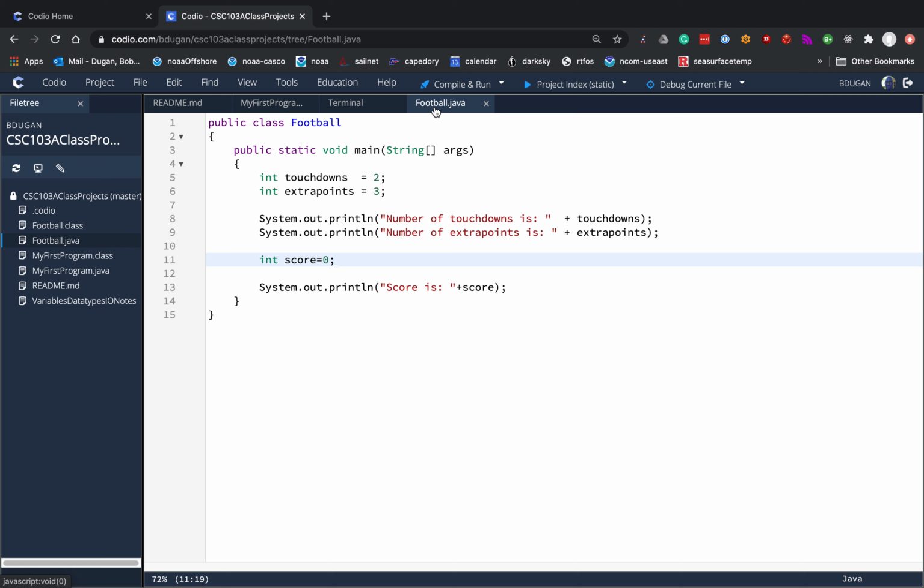All right, so why don't we actually compute the value of score correctly? If you were going to compute the score in a football game, and I told you every touchdown has the value of 6 points, and every extra point is just a single point added to the score, how would you compute the value of the score? Well, think about that for a second. What is the value of the score? It's probably, well,